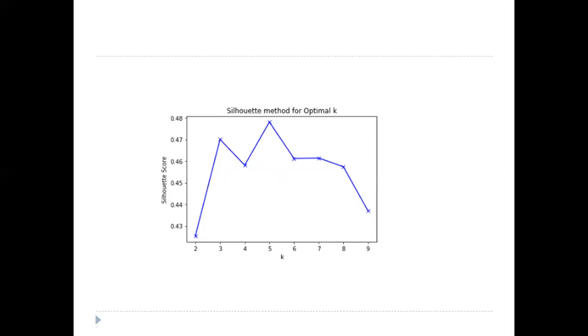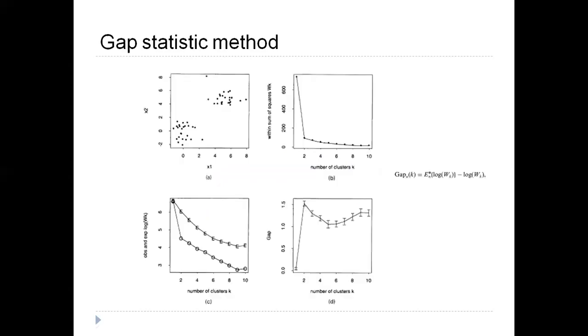Okay. So the real difference is that here you will be using the Silhouette score and taking the maximum value for the right number of clusters, whereas in the previous method we were taking the total within sum of squares, and you take the optimal number of clusters, not the minimum, it's actually the optimal number where the curve bends. Okay, next one is the gap statistic method.